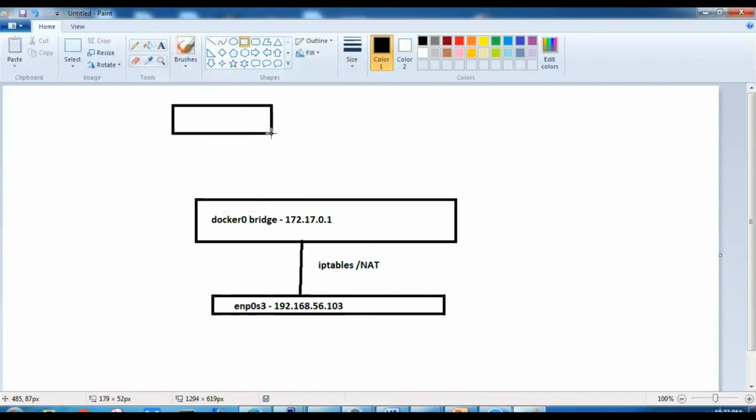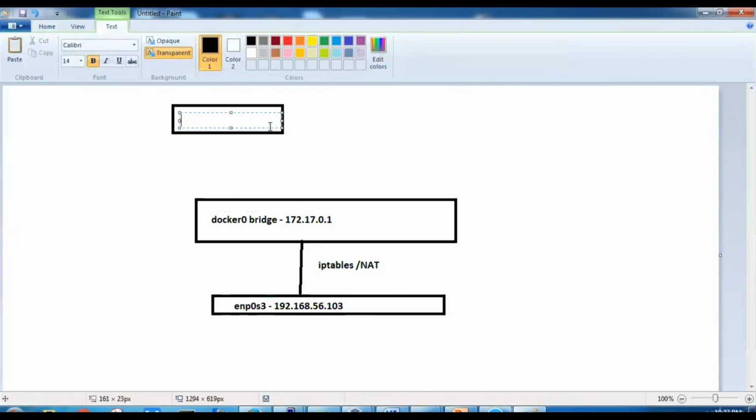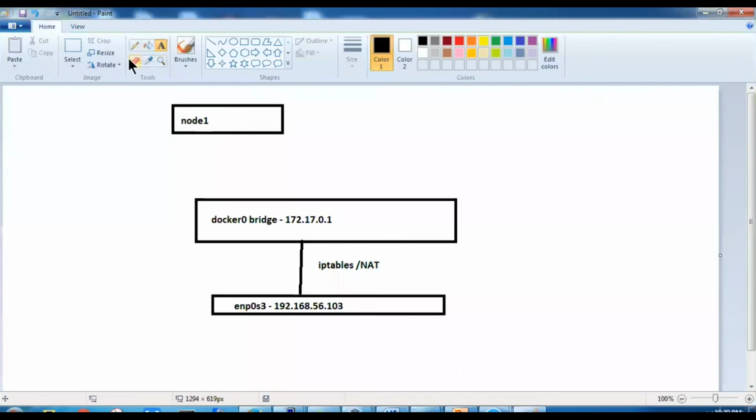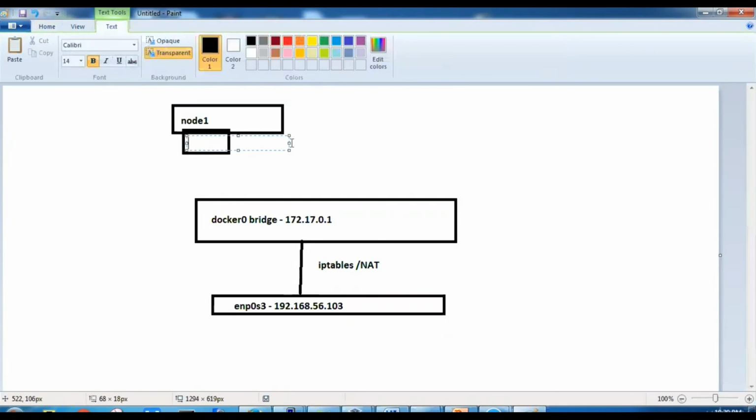So when we create a container, let's say example node 1, this is node 1. Let's create one interface here. By default, when we create a container, it will attach one interface to us.